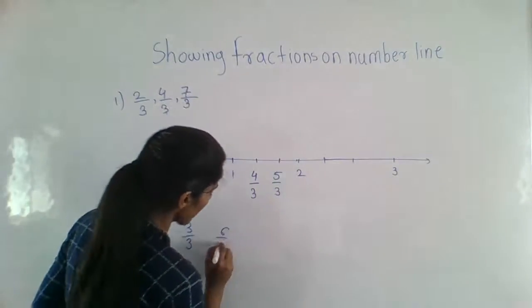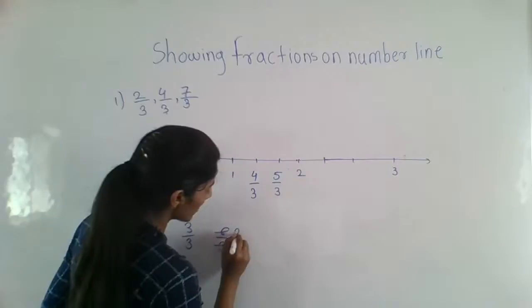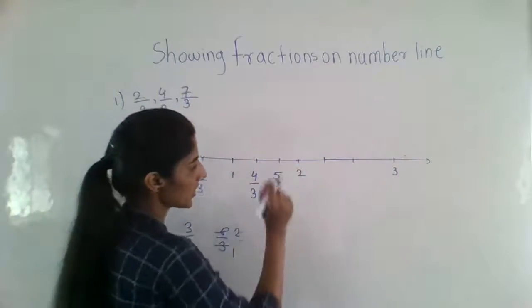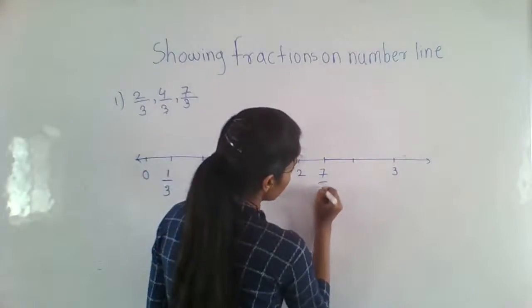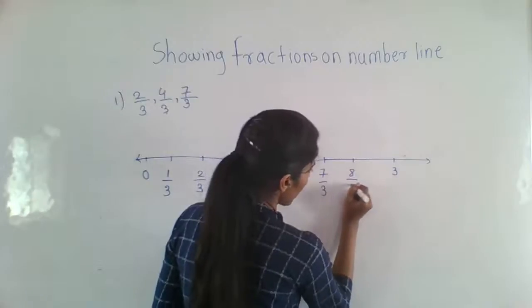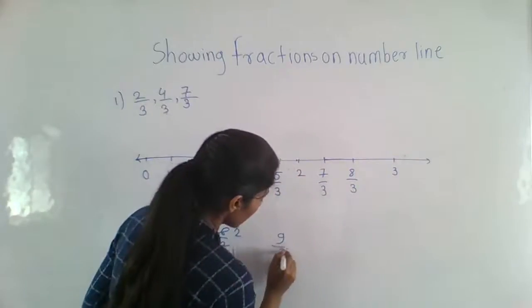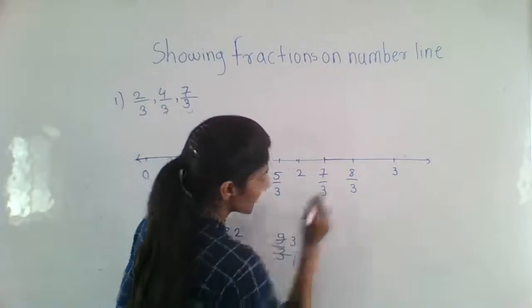What is our 6 by 3? 3 ones are 3, 3 twos are 6, that is 2 here. Now 7 by 3, 8 by 3, 9 by 3. 3 ones are 3, 3 threes are 9, that is